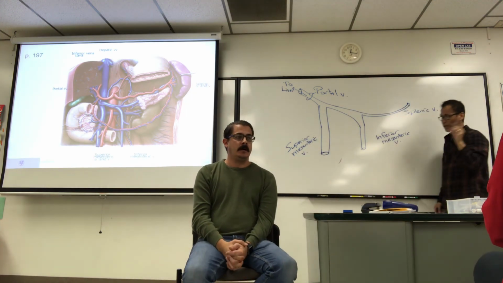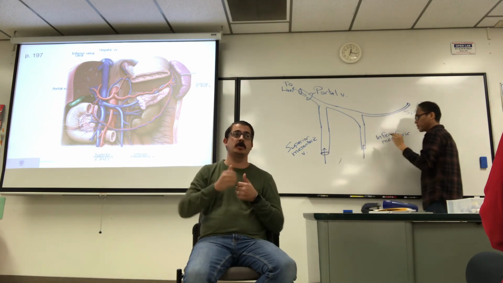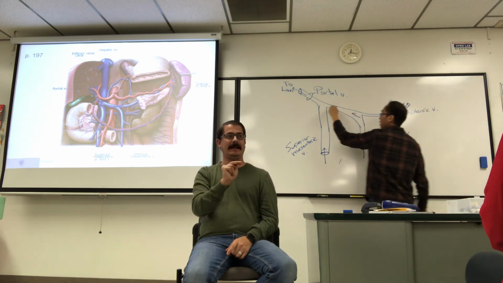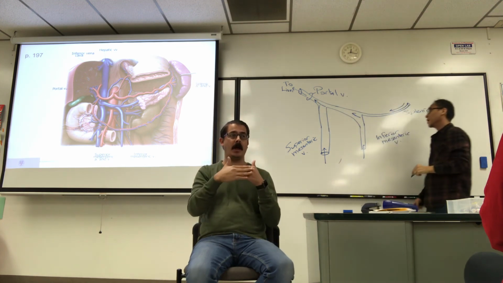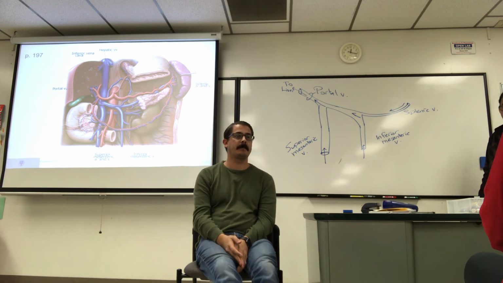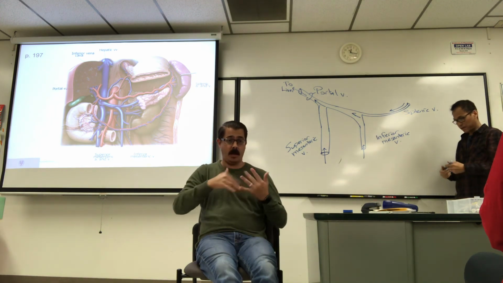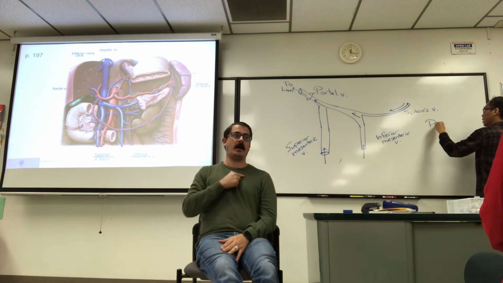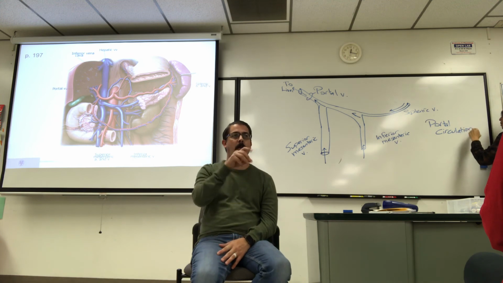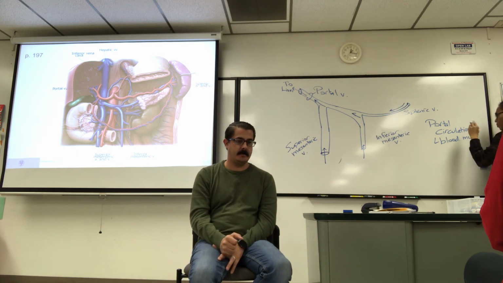Once again, blood returning from the intestines is drained by the superior and inferior mesenteric veins, and also blood coming from the spleen. They're all going to merge, and all that portal blood will be processed by the liver. This is what we call portal circulation. It goes straight from these structures to the liver before it goes back to the vena cava. So know what portal circulation is. Blood must, quote unquote, first pass through the liver